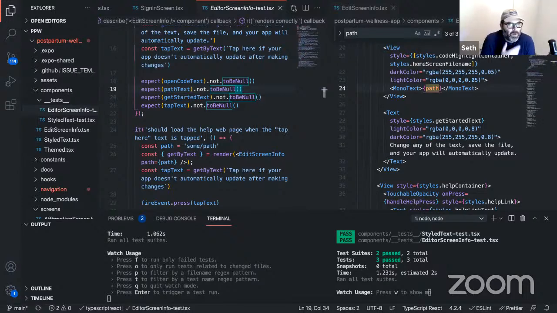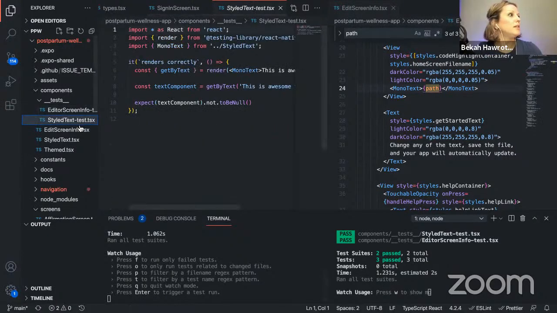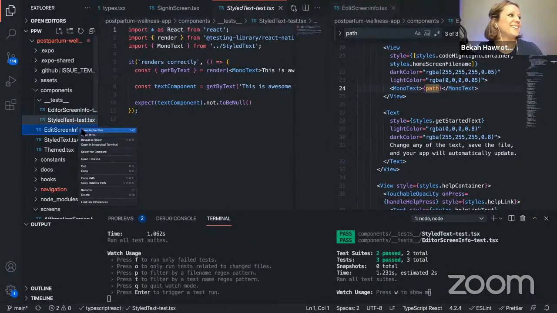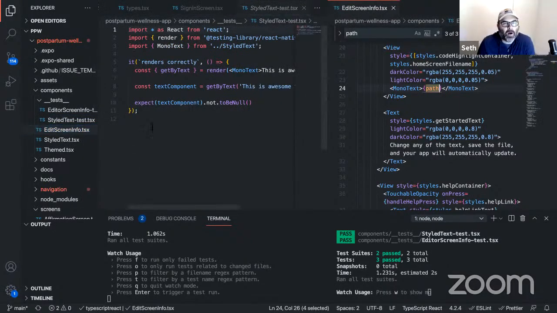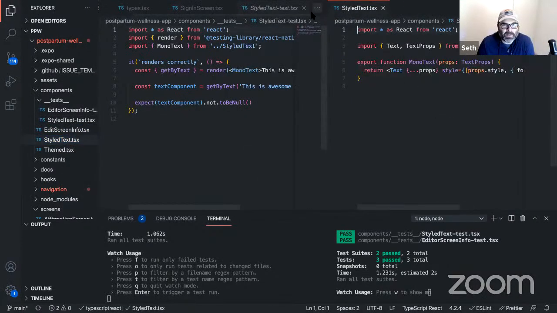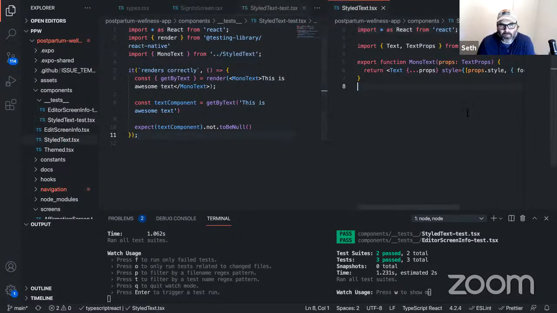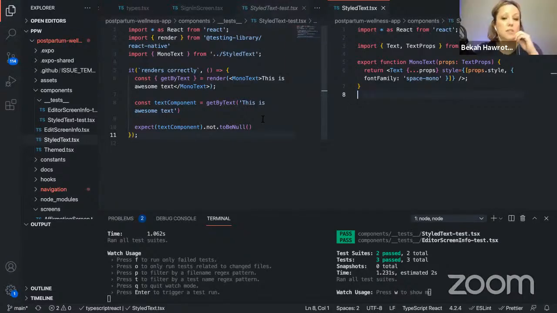Yeah, cool. You want to go over another test, maybe the styled text test? I don't think I've looked at this one. Well, this is going to be easy. Yeah, so we've got our import statements, which are pretty self-explanatory, and basically it just renders a component and gets text. So another solid, basic beginner test. So that's good. And so we've got two tests, but it says three tests, but two test suites. Oh, okay. One of them had two tests and one of them has one. So that's three tests total.